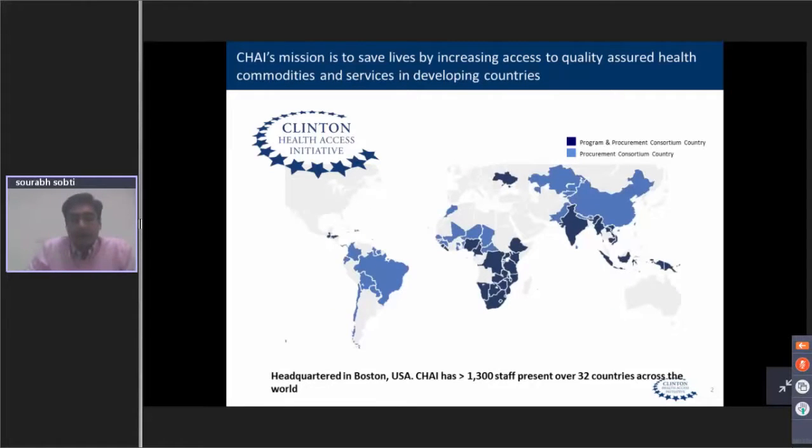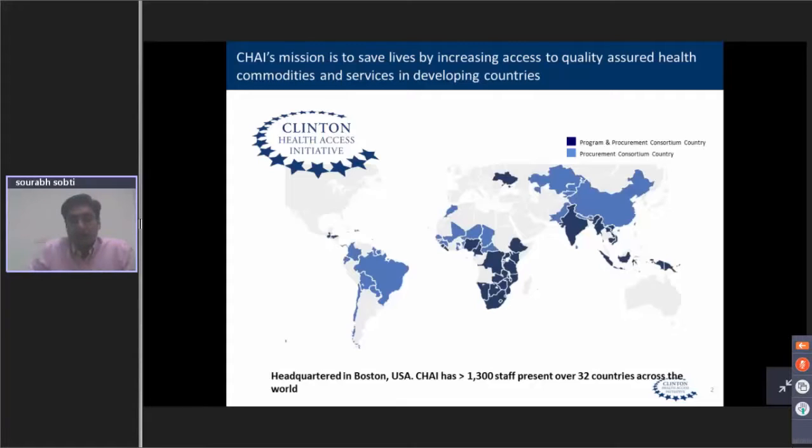This slide gives you a snapshot of CHAI's vast spread and network. CHAI's mission is to save lives by increasing access to quality assured commodities and services in developing countries. CHAI is headquartered in Boston and has over 1,300 staff in over 32 countries across the world. What you can see is that we've color-coded the countries slightly differently. The countries which are dark blue are where we have a CHAI country office present, with at least one or more representatives based out of those countries, whereas the ones which are